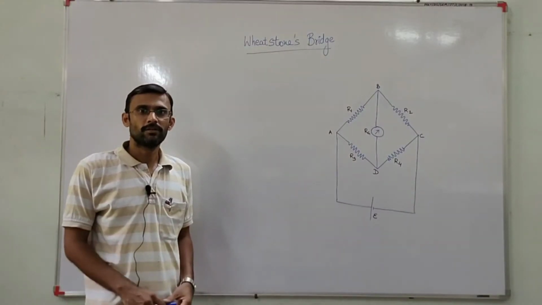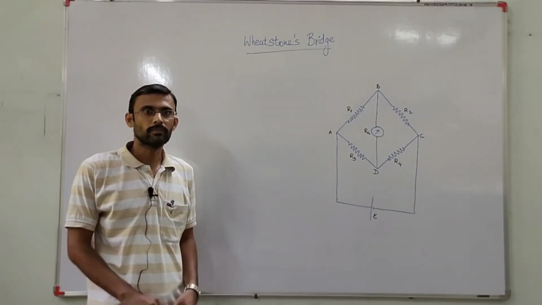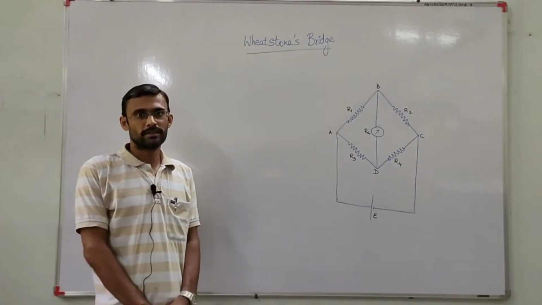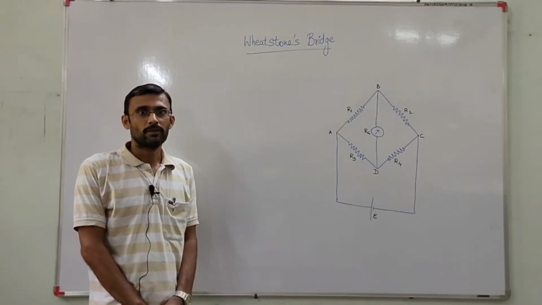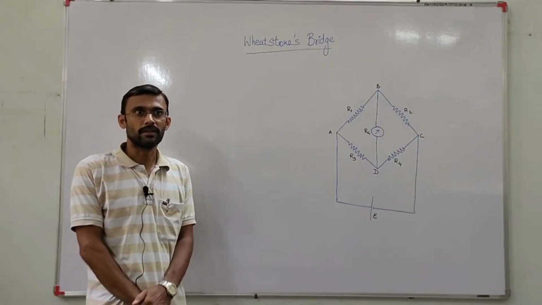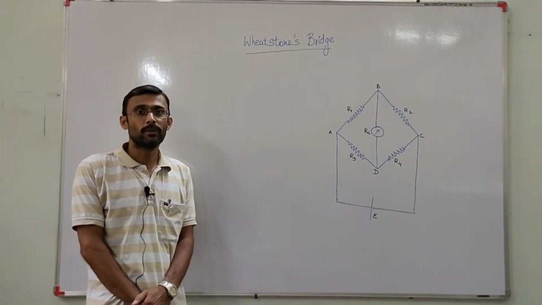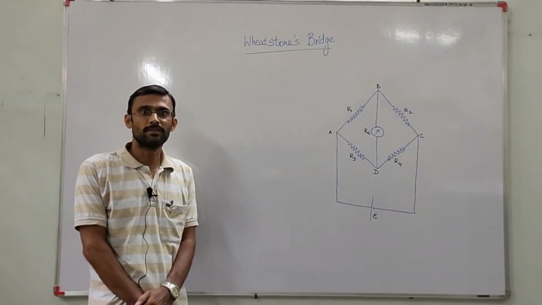In this session, we will understand the concept of Wheatstone bridge network circuit. It is sometimes called a resistance bridge or meter bridge also. It was first invented by Samuel Christie in 1833. Later on, it was popularized by Sir Charles Wheatstone, and hence it is well known by the name of Wheatstone, that is, Wheatstone bridge network circuit.